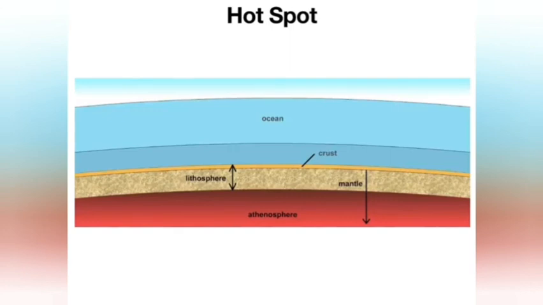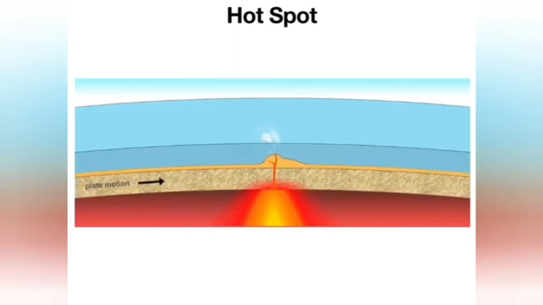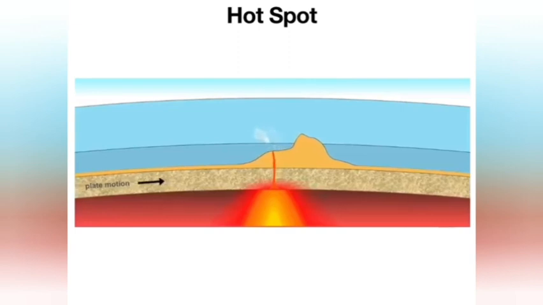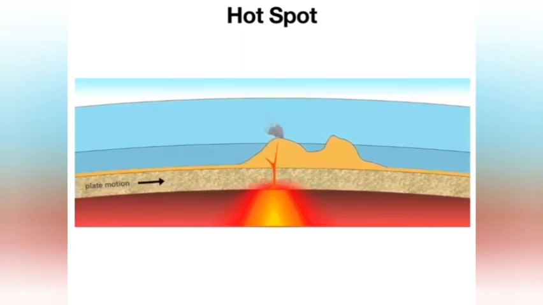Here's how they work. If you look at this diagram, you're going to notice a mantle plume, there it is, coming up from the asthenosphere. It's just a hot spot. And that magma is strong enough to actually punch through the lithosphere to create an active volcano. But the problem is the lithosphere is moving, because remember, all the plates are constantly moving around. And so you'll get this active volcano, which is then dragged to the side, making way for a new active volcano to form. And then that is dragged to the side, and a new one will form, and so forth.